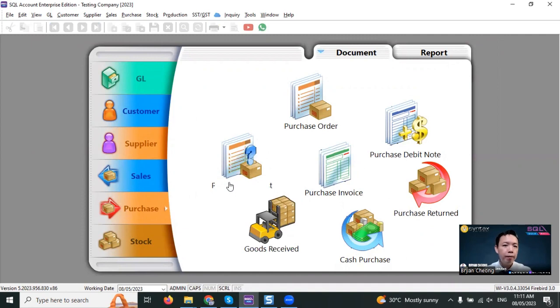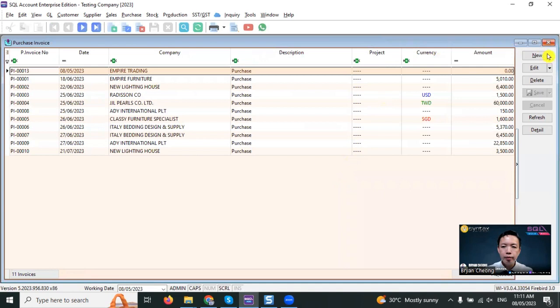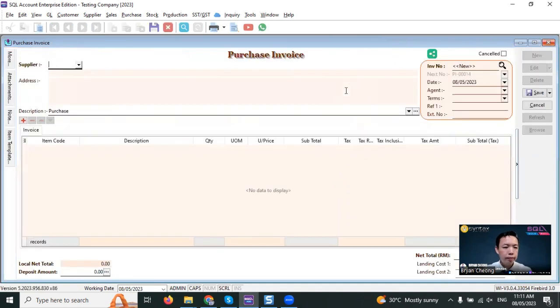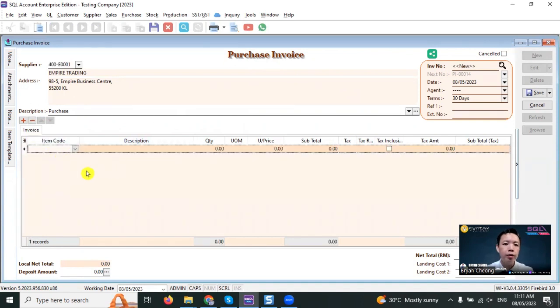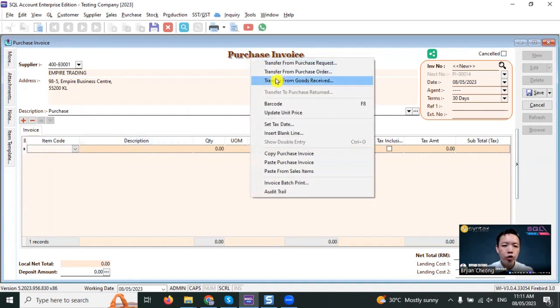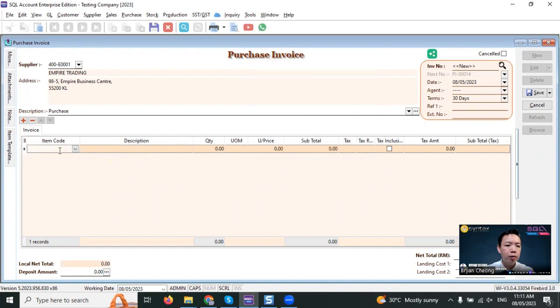After we receive, the second way to increase the stock quantity will be purchase invoice. New, Empire, select as a supplier. Remember, if you do create a goods receive, please do not directly key in under purchase invoice. You need to right-click title and transfer from goods receive, else the quantity will be double. Okay, so let's say this is not transfer from goods receive. We directly key in,